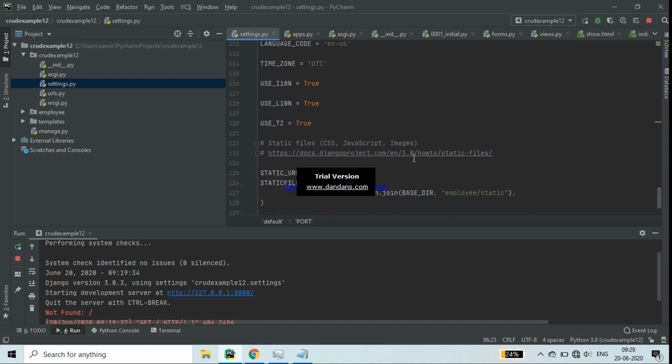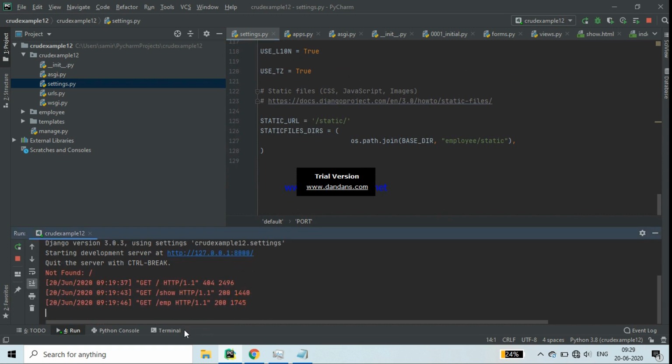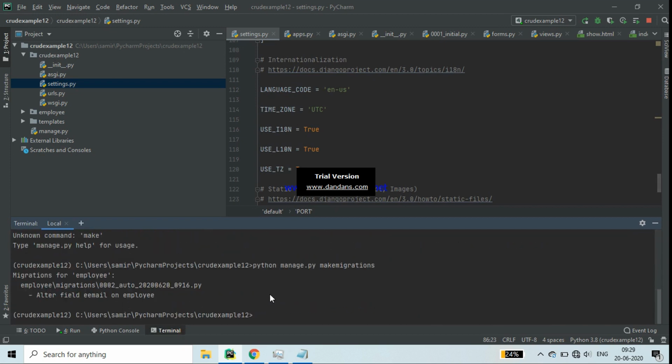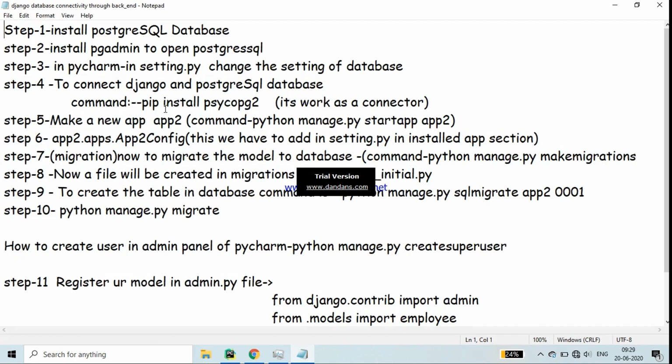After this setting you have to create an app inside this CRUD example. As you know, to create an app, please see what command you have to write. In the base directory of CRUD example you have to write the command to make a new app: python manage.py startapp, then the name of the app.